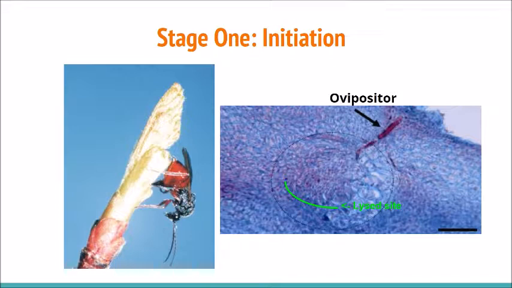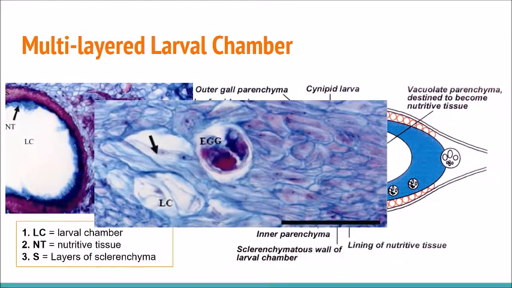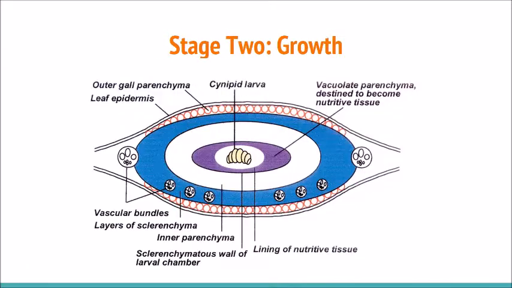This plant cell necrosis leads to rapid cell proliferation and differentiation of the cells inferior to the lysed site, creating multi-layered chambers for larvae maturation. An example chamber is shown in the figure on the right. Once hatched, larvae enter their individual chambers to control further tissue differentiation. As the larvae mature, the growth phase is initiated to keep up with their metabolic demands via cell expansion of